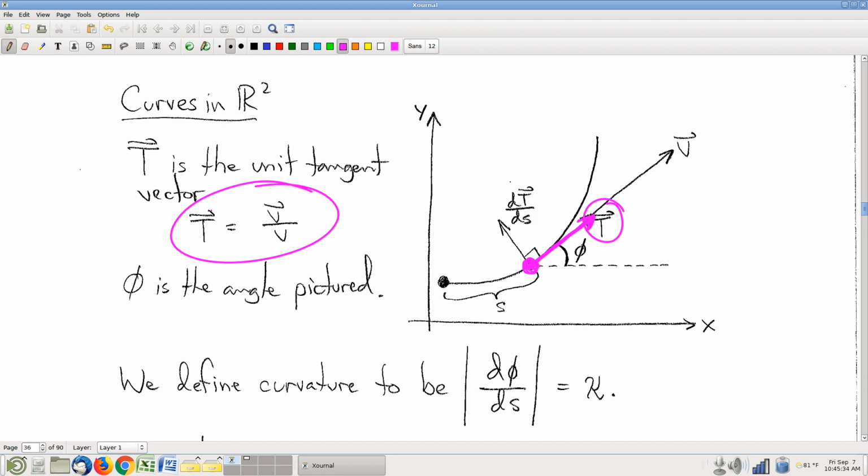It's the unit vector pointing in the direction I'm going. Okay. That helps me define this angle, phi, and that phi is a scalar. It's a single number that represents the direction that I'm going. And here's the idea. I want to know, per unit distance traveled as I move along the road,